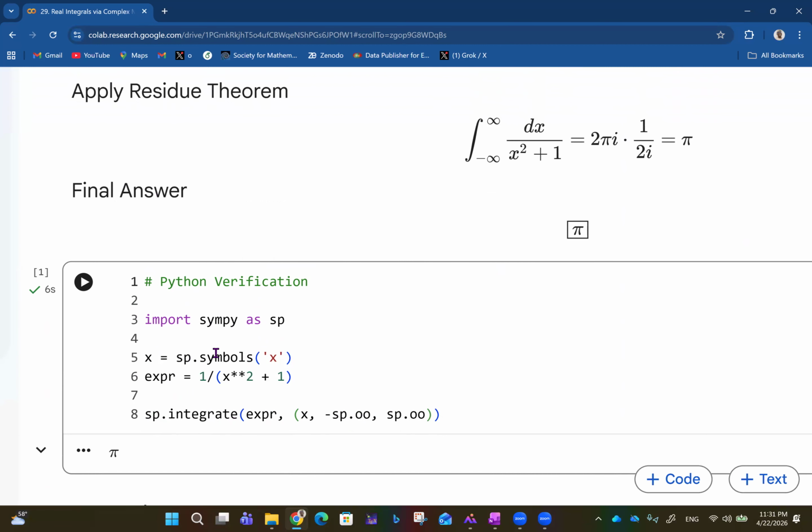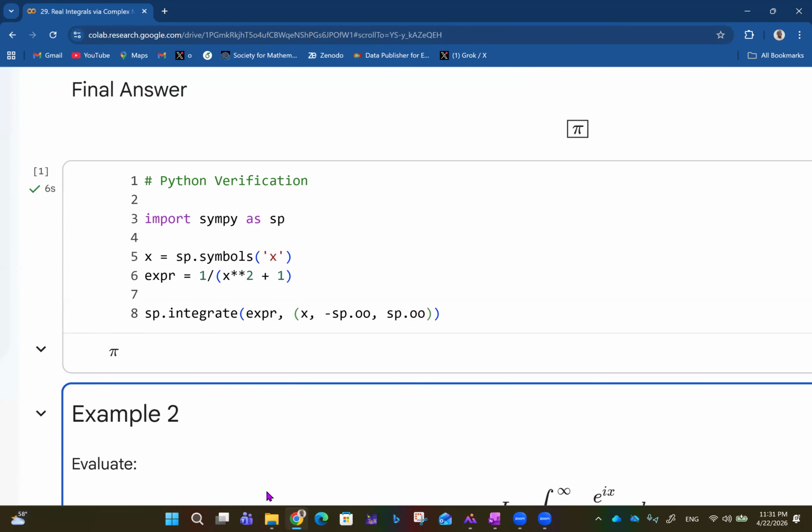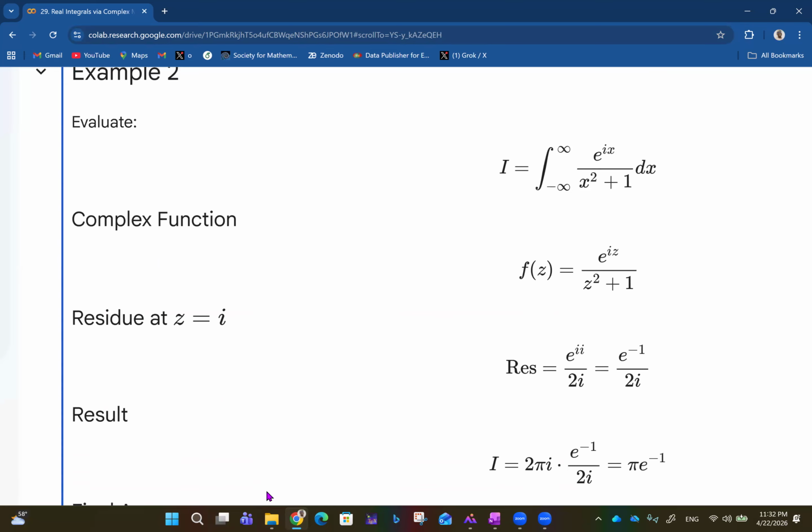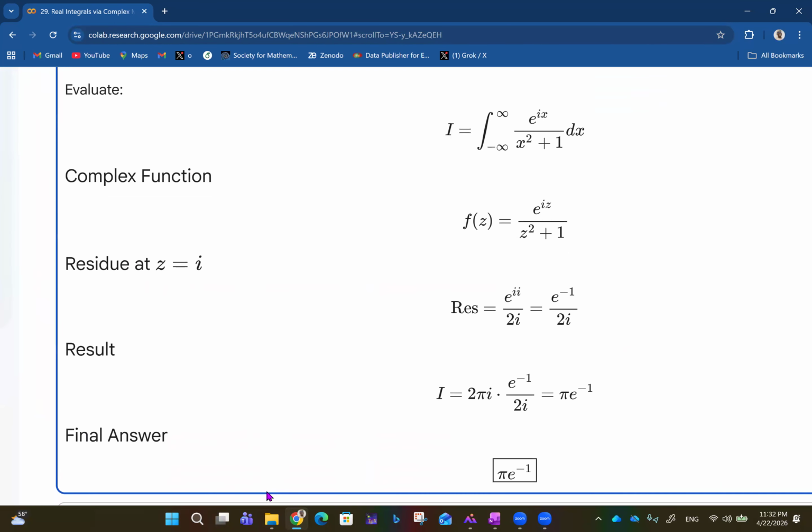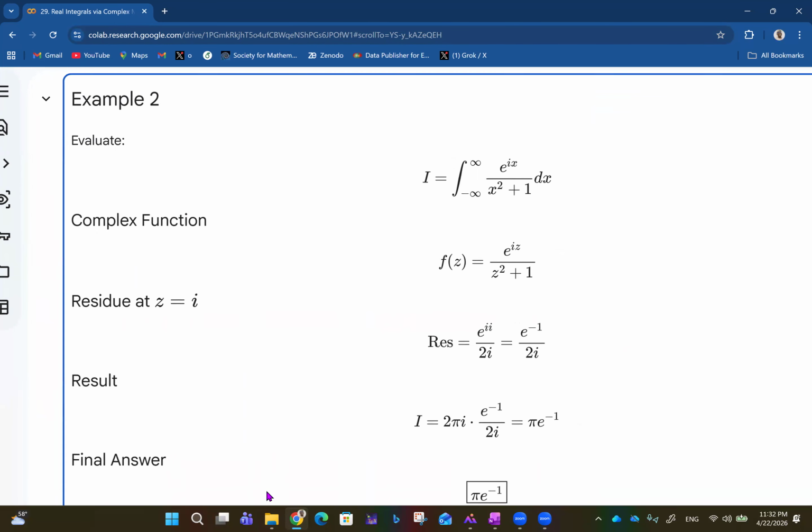And this is not even complex, right? This is normal integration. So you end up getting the same pi. So the residue theorem makes life pretty easy for us. So let's look at example 2 and see how that goes. So for example 2 now,